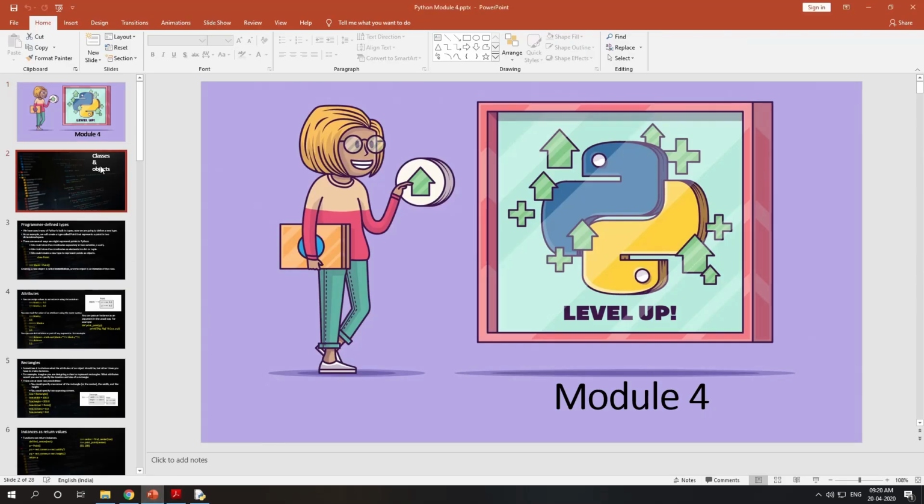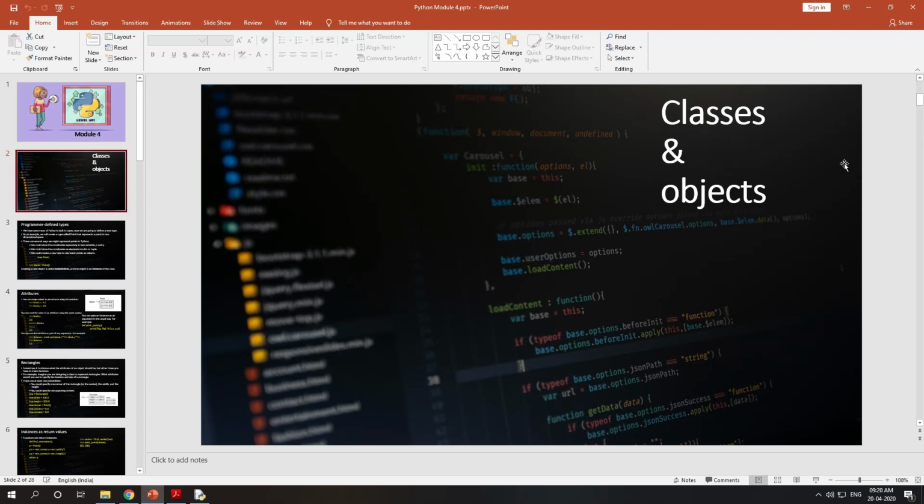The first chapter is classes and objects, which you have already studied in Java. So what do we mean by classes? Classes are blueprints that have states, behaviors or attributes. States or attributes, we can also call them features. So a class will have states or features, and behaviors, that is methods that act on those features. So a class is a blueprint which contains features and methods, where methods act on features.